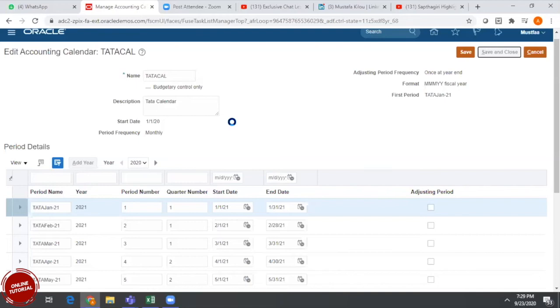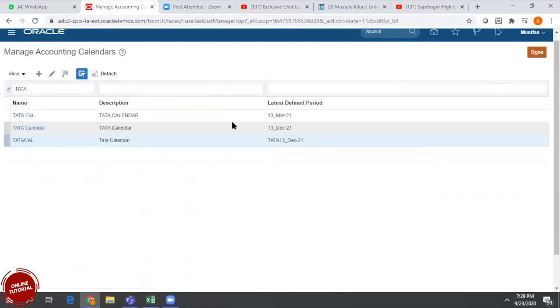Yeah, but now these are all the steps to set up the system from scratch, right? We spoke about the currency, and now we are speaking about the calendar. Correct. These are mandatory things to run the system or the GL. When you start implementing as a financial consultant, the primary step we need to start with is the calendar. Currencies are not required, as we discussed, because currencies are already given by Oracle. So there is no need to define currency, but this calendar definition is required.